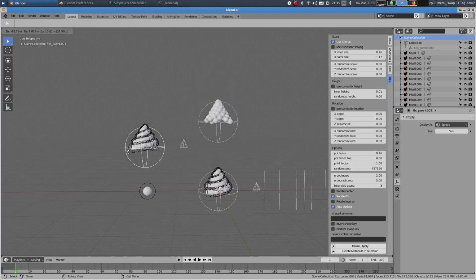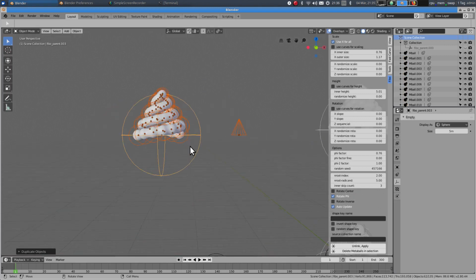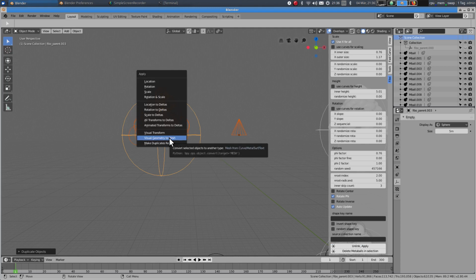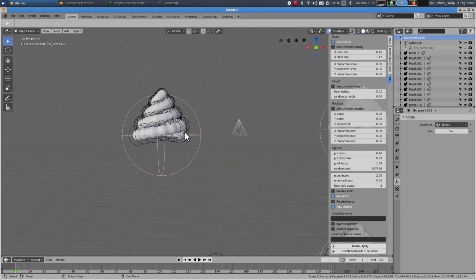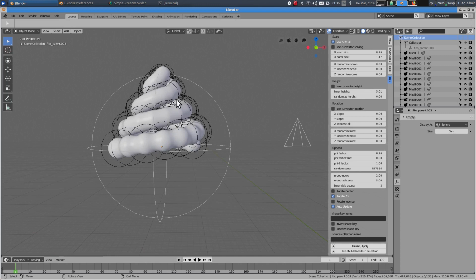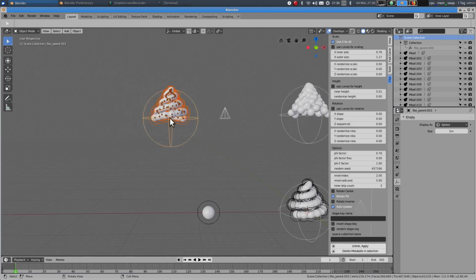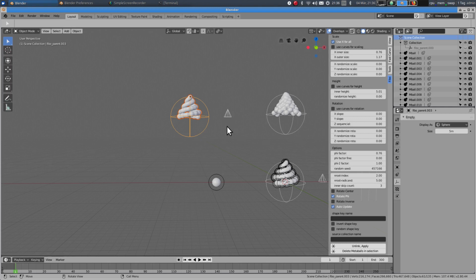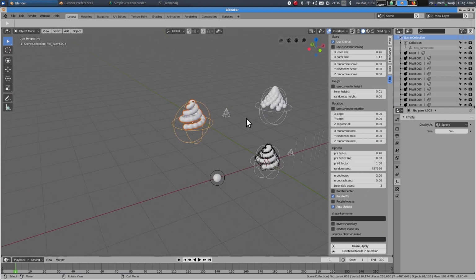Shift D, duplicate, and we press the unlink apply button. The metaballs become invisible. We press Control A, visual geometry to mesh, and we have our mesh object, and we don't want the duplicate metaballs, so we delete metaballs in selection. Press the button delete metaballs, and we have two versions of a similar object,